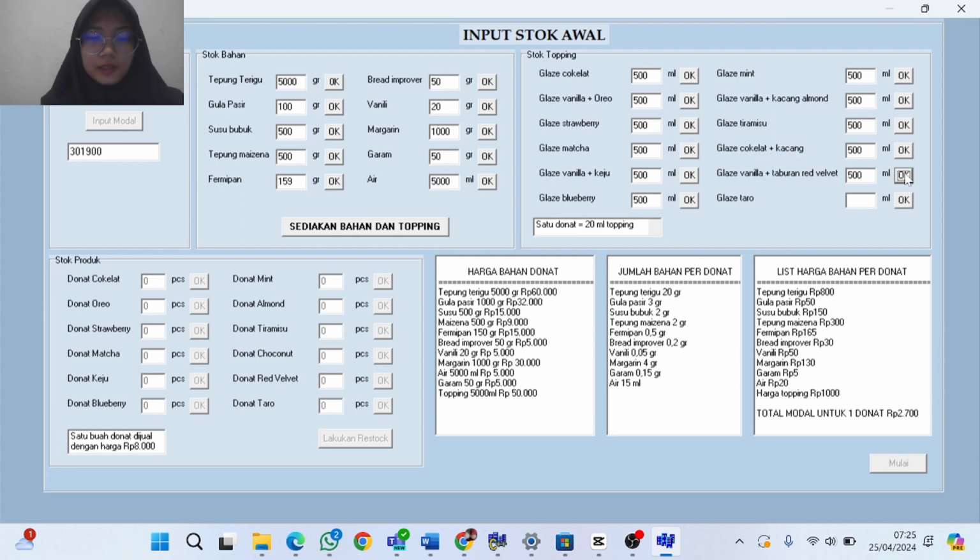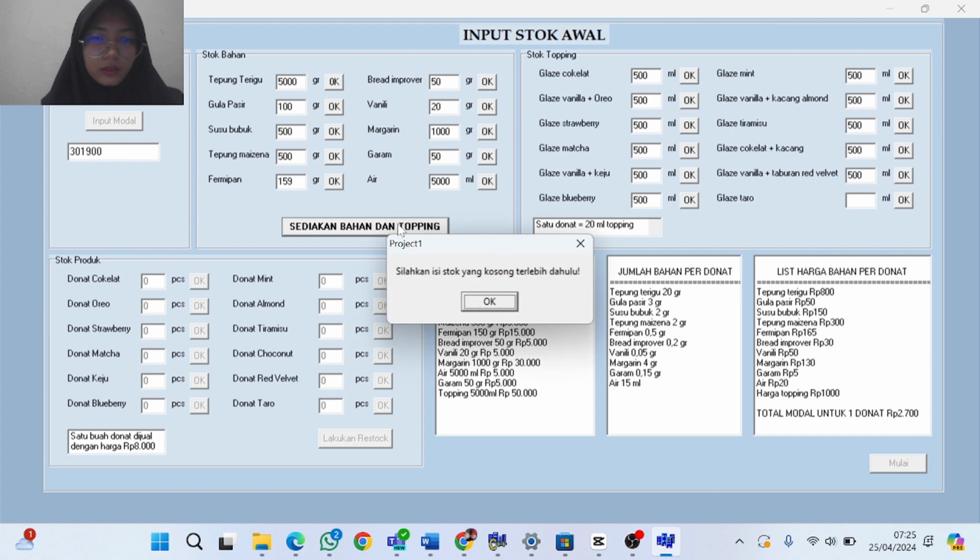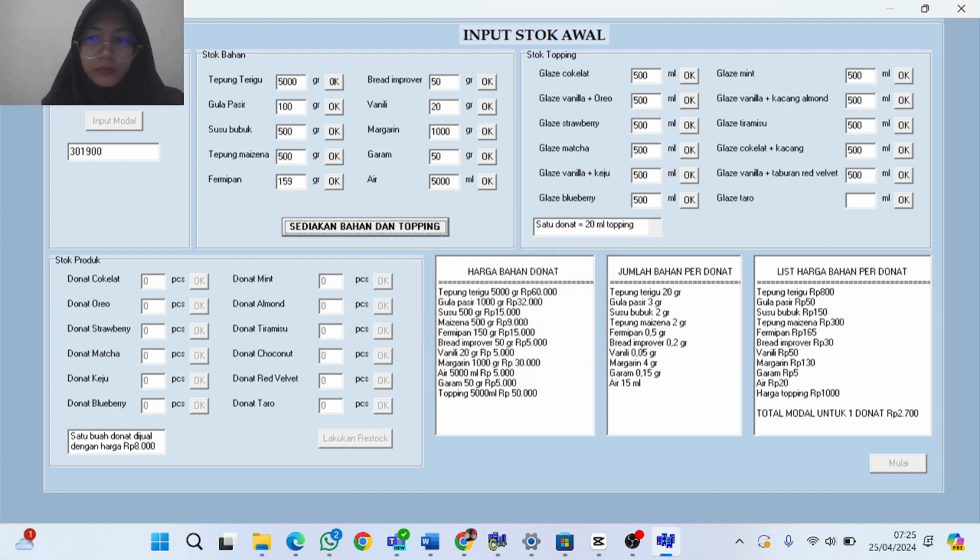If you think it's enough, then click the Provide Ingredients and Topping button. But it turns out something is empty, so we have to fill the stock first. After that, we can provide ingredients.